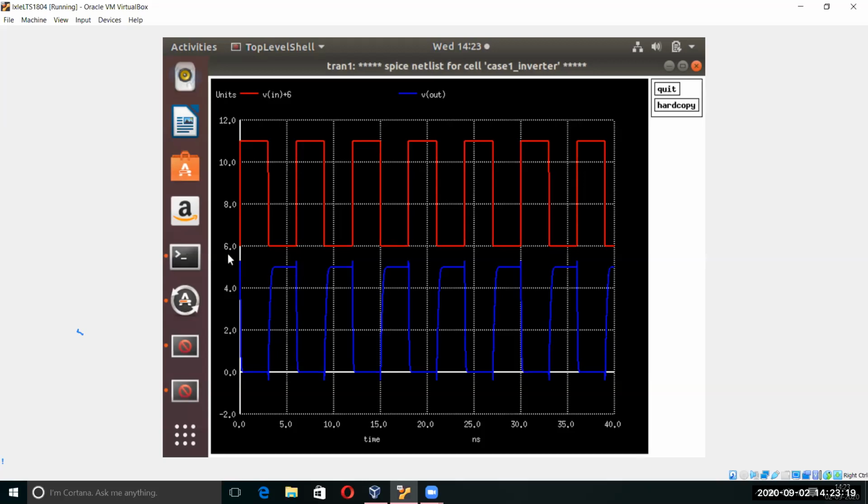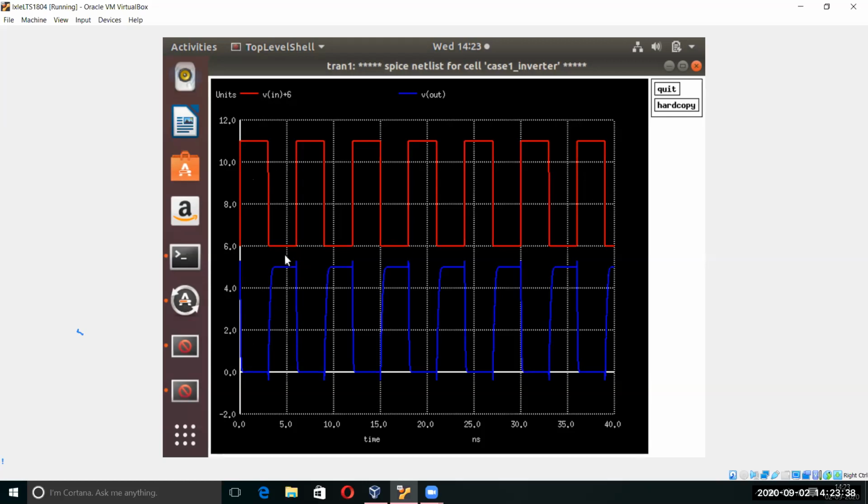The reason for the offset is that the input is 5 volts plus an offset of 6, so the total is 12 volts. Giving the offset of 6 will shift the axis by plus 6. In total you will get 12, and you can plot your input and output. That's why I've given it like this.